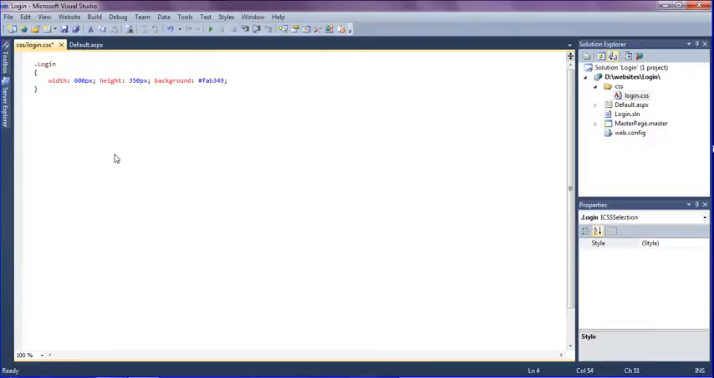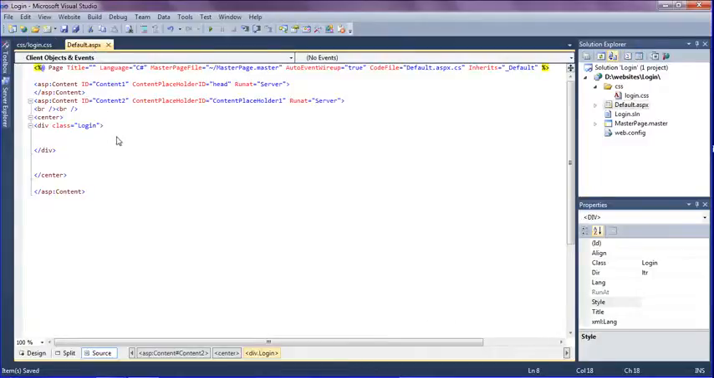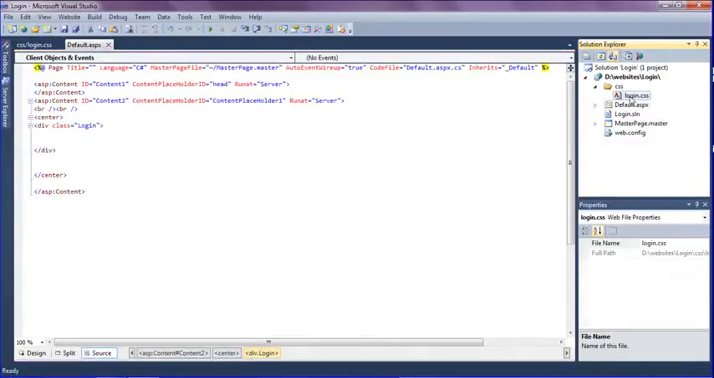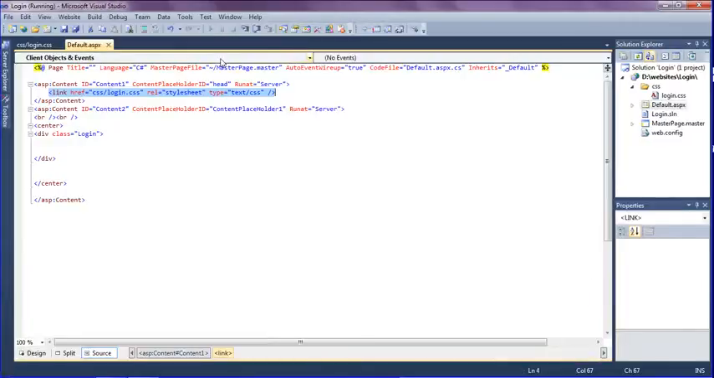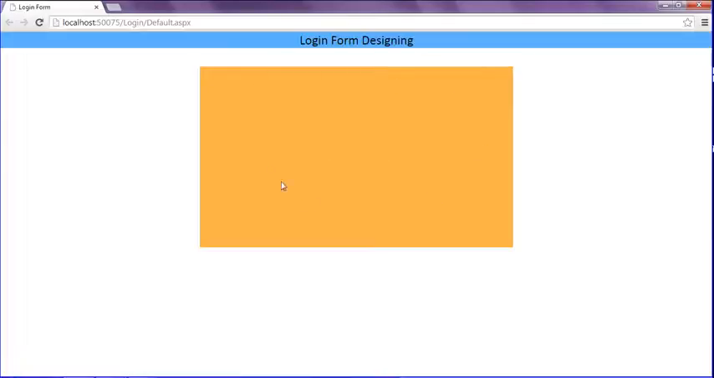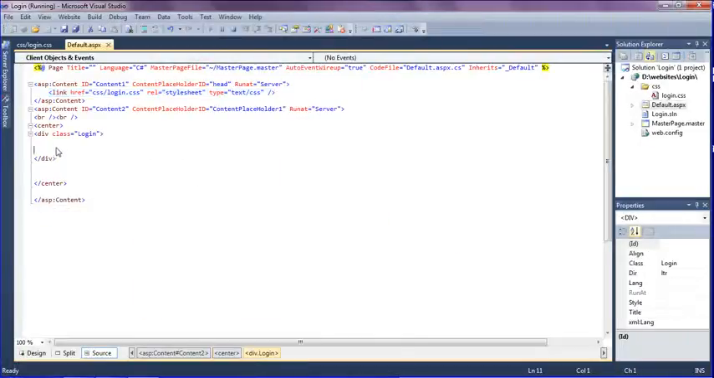Okay, after giving this, save it, and one more thing I have to do is link the login CSS to this page. After saving this I am running my project. If I run this one, I will get the blank div. In that, I'm going to create text boxes and a button for username, password, and login. So I am minimizing, and after that, inside the login div, I'm going to create one